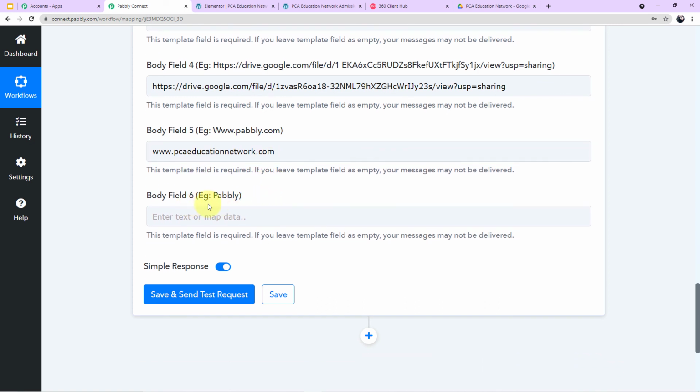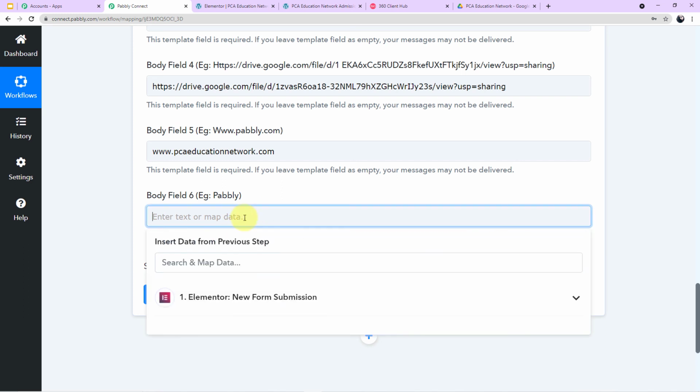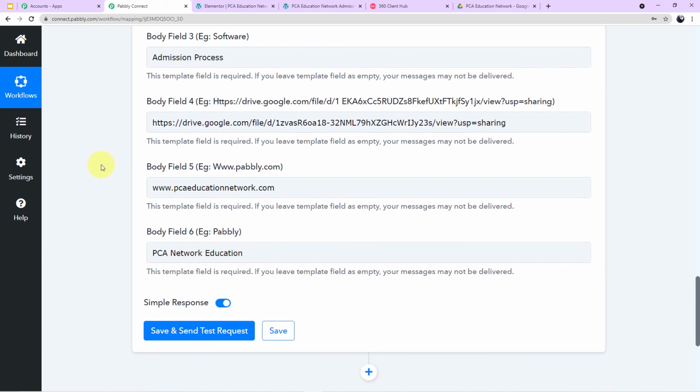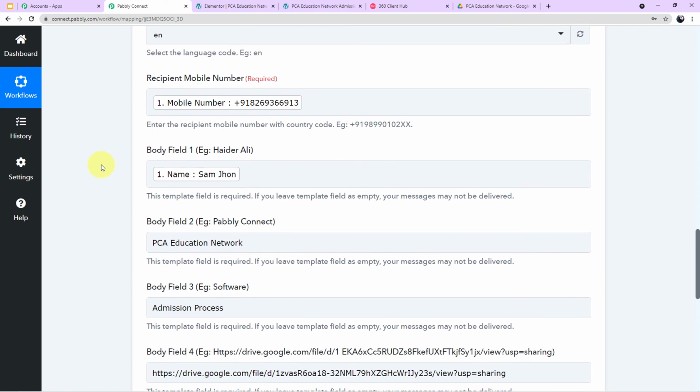And in body field 6, again we have to write the name of our college, which is PCA Network Education. Okay, so we have successfully filled up all the details here.